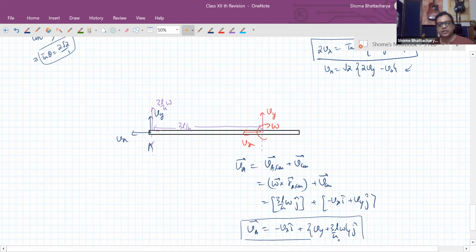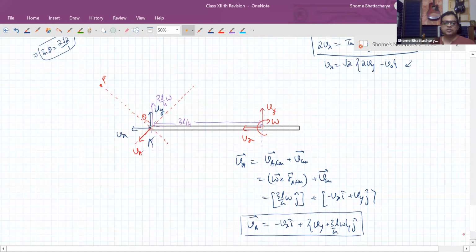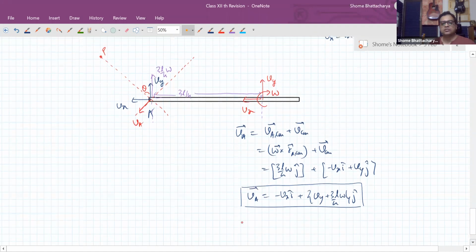Now the velocity of the point A as a vector should be in this direction. If this is the direction of the thread, so this net velocity should be in this direction actually. It should be along this axis. So the velocity of the point A, let's say, should be either like this or like this. Okay. So here, when we finally work it out, you will see it will come out to be in this direction because my omega will be negative actually. So this velocity should be